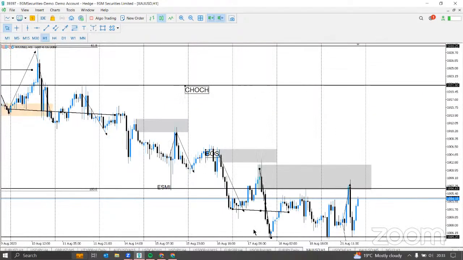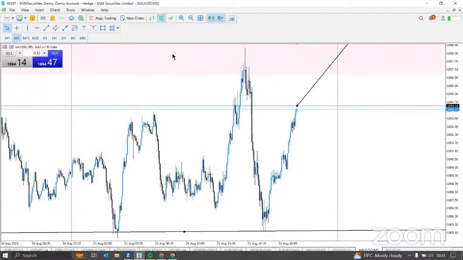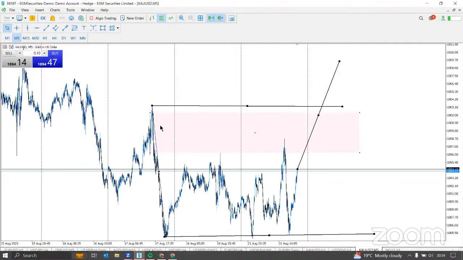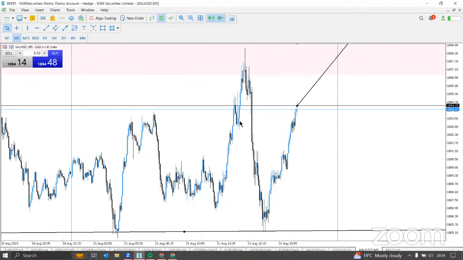That's why we had drawn these arrows here in the morning. You'd drawn some arrows at around 12 in the morning. You're looking for price to rally back to this region here, that if you look on the higher time frame is what we had highlighted on H1. So once price rallied here to this marked region,